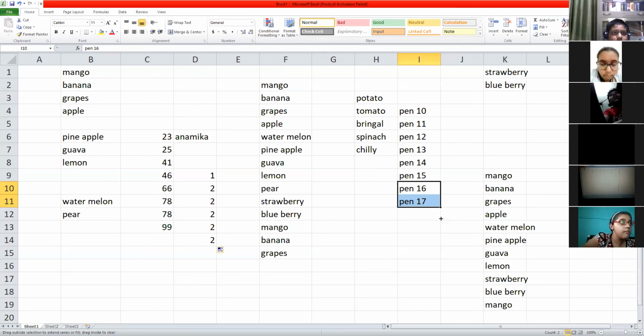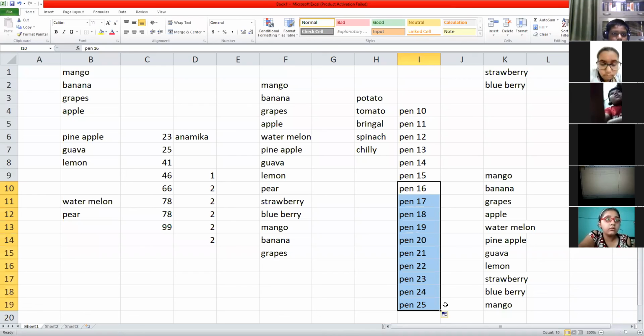You have to click here and drag. Your mouse pointer should convert to this plus sign, a black plus sign. And then you have to drag. Just try, Mohammed, and then afterwards we will come back to you.